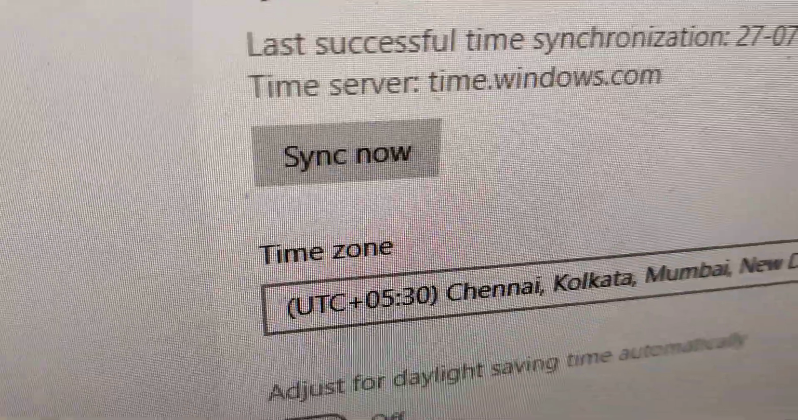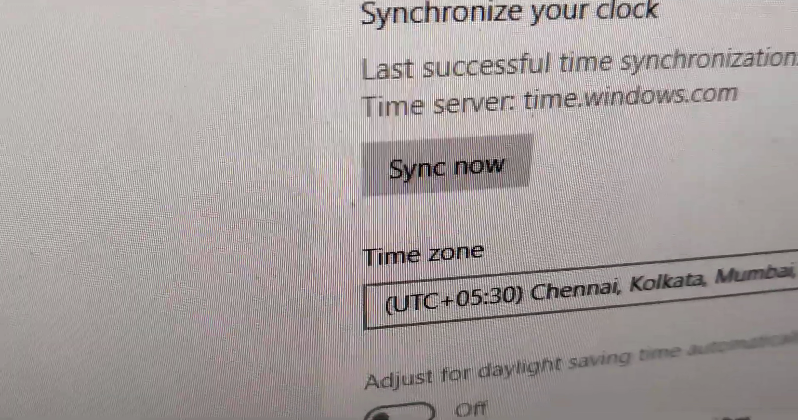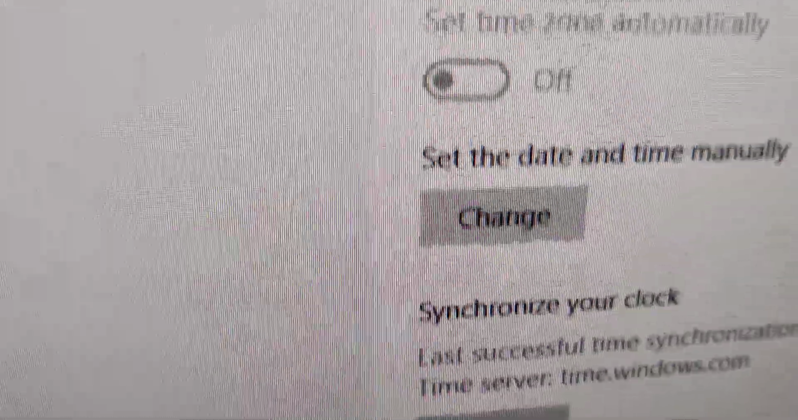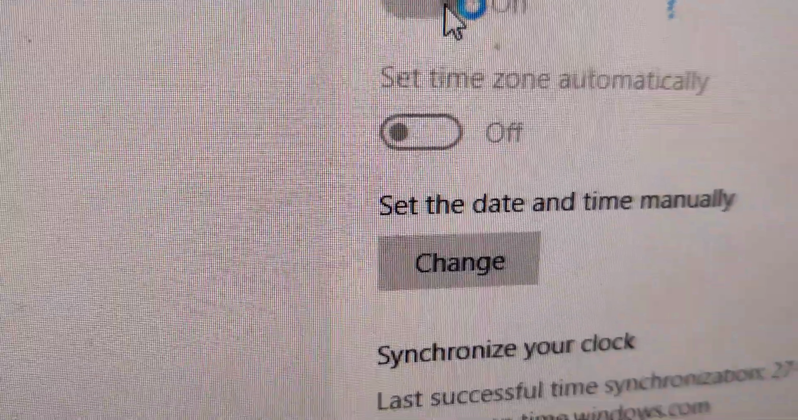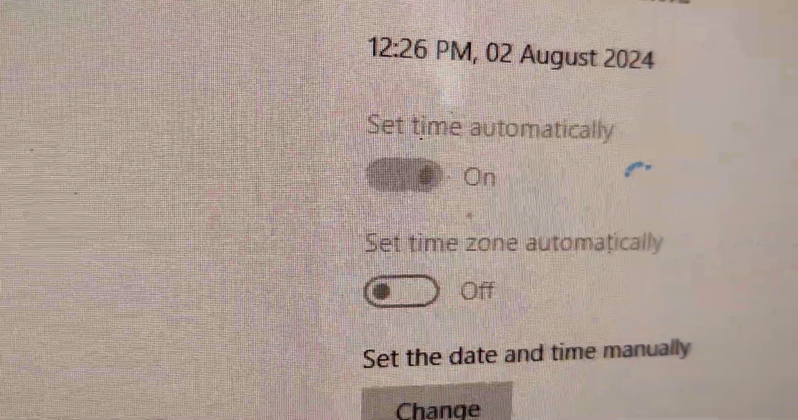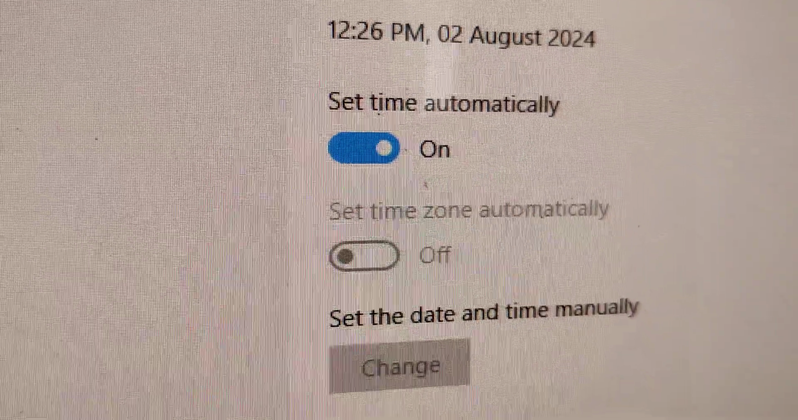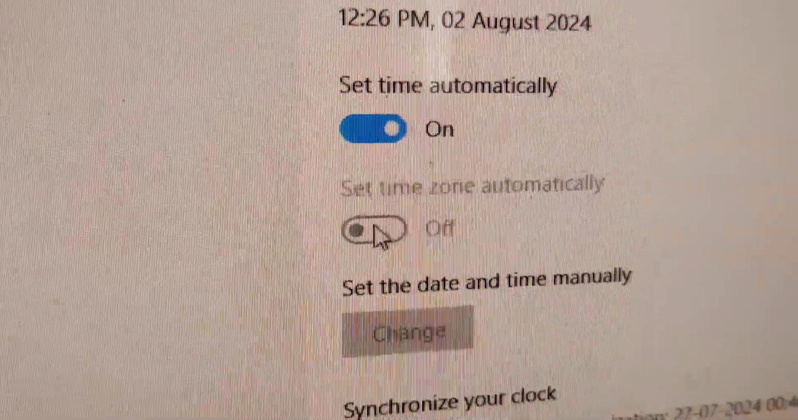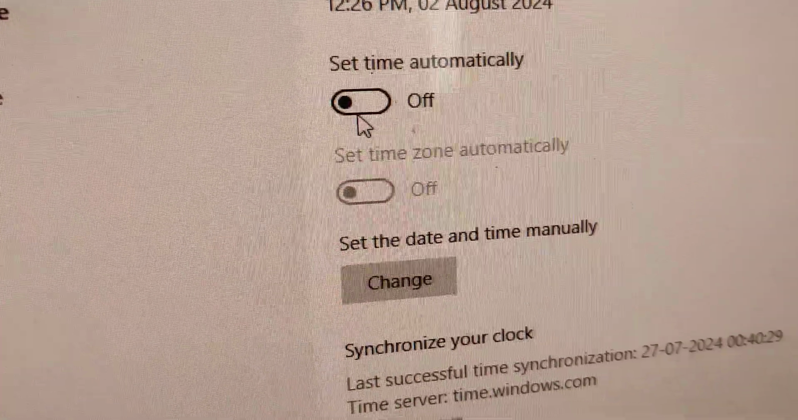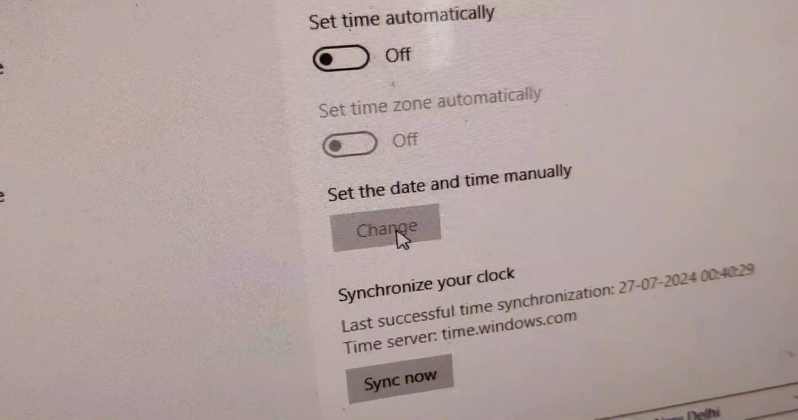And suppose the time is not set automatically, then you can simply turn this on. So now we can change the date and time. Or suppose if you want to change it manually, then you can simply turn this off, and after that you can change the